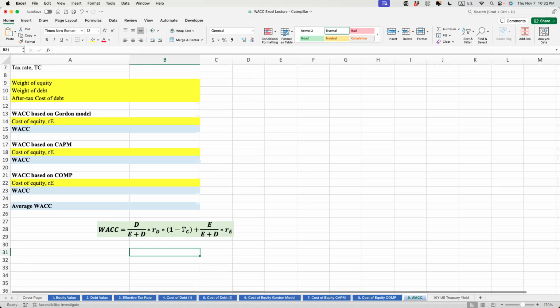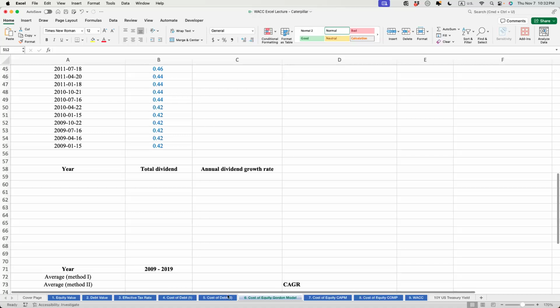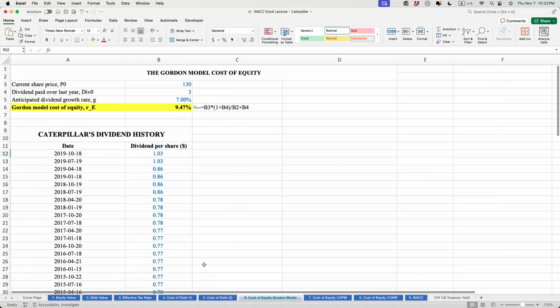And then you also learn how to calculate effective tax rate. The only thing left will be this cost of debt. And then if the company is paying dividends, we can use the Gordon model to estimate the cost of debt. So the way the Gordon model works is if you can find the information, this one is pretty easy to